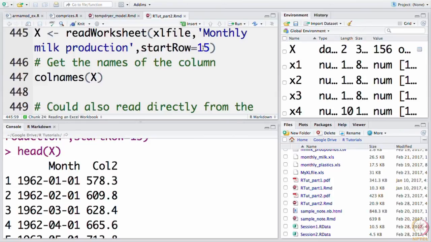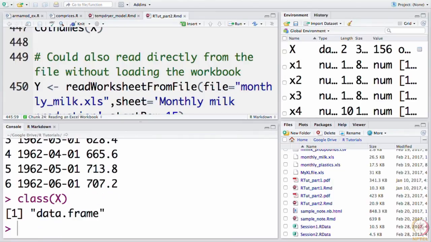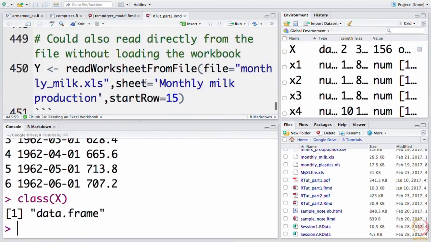So, hopefully you got it. We will load the file as a pointer, as an object. The data is not yet read, and then we read specific worksheets as and when we need it. And now your X is a data frame. That is a standard thing. Or as I said earlier, if I am interested only in a specific worksheet, I do not want to load the full worksheet.